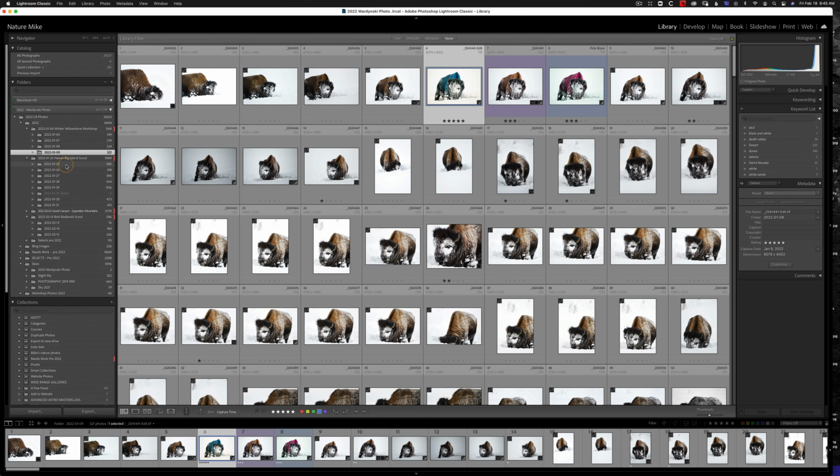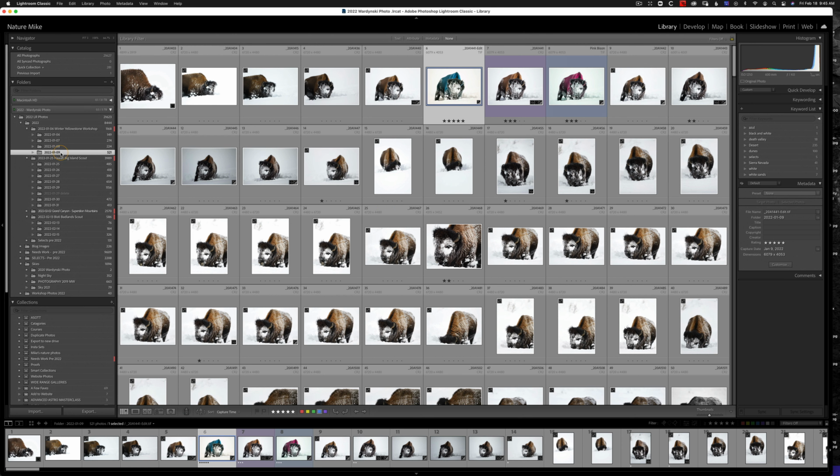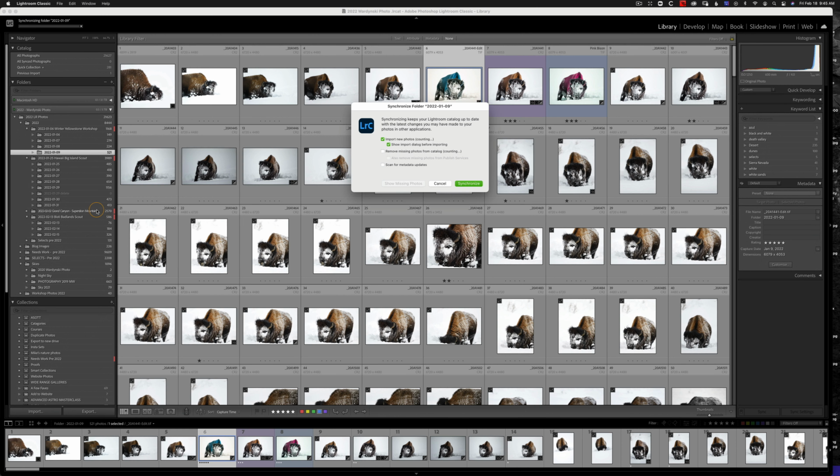All we need to do is come over here to 2022-1-9. I'll control click, or right click on a Mac, or sorry, right click on a PC, and I'll choose Synchronize Folder. Now I know there's one photo in here because I set it up for this example. And if there are no photos in the folder, this will just come up with 0 and then you just cancel it out. But if you see a number here, I would recommend checking